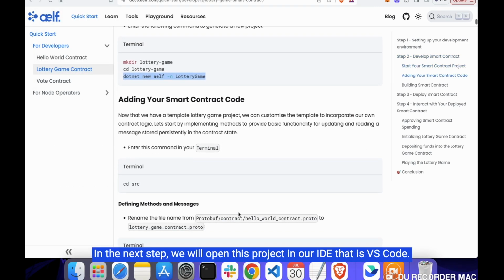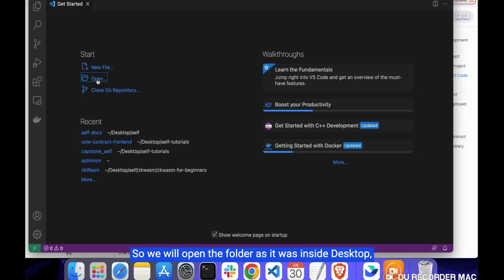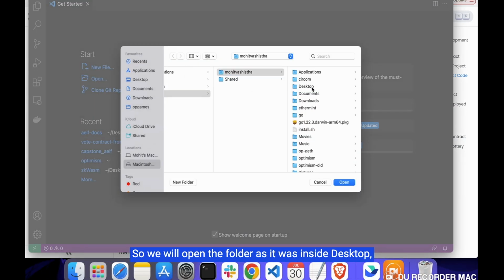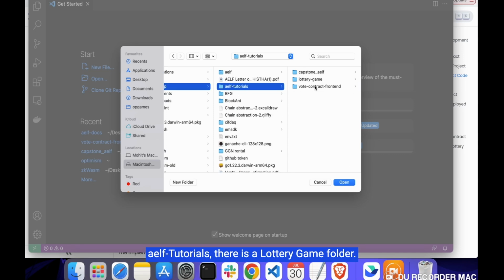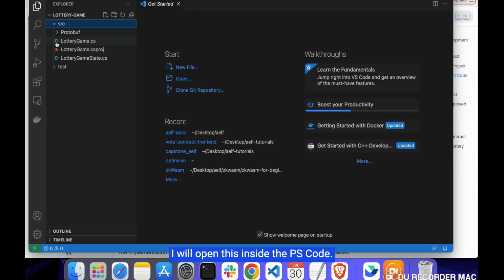It will show source and test folders. In the next step, we will open this project in our IDE, that is VS Code. So we will open the folder as it was inside Desktop, Help Tutorials. There is a lottery game folder. I will open this inside VS Code. So here we can see there are certain files which have been generated in the source folder and inside the